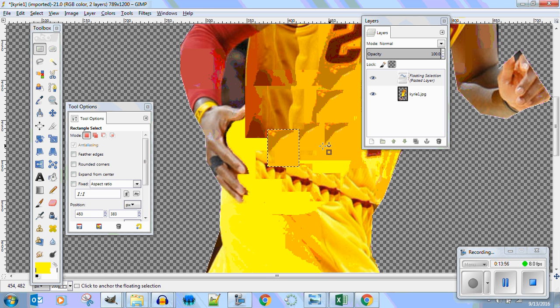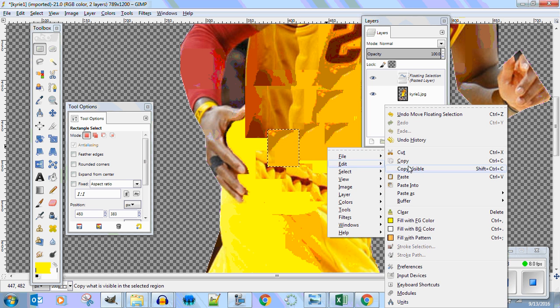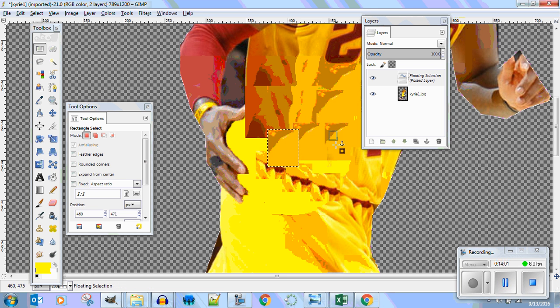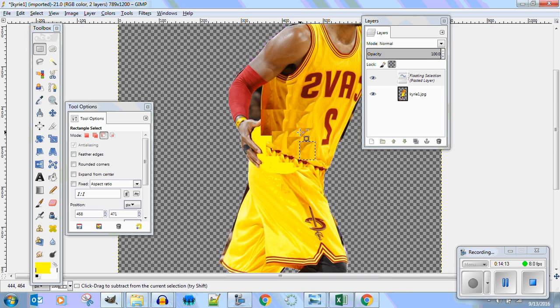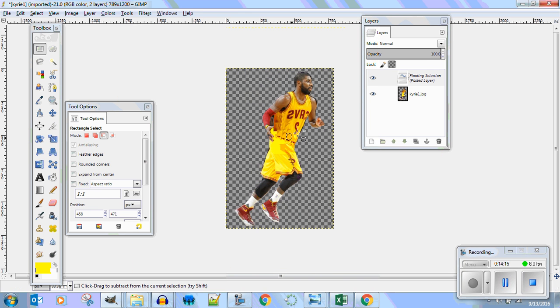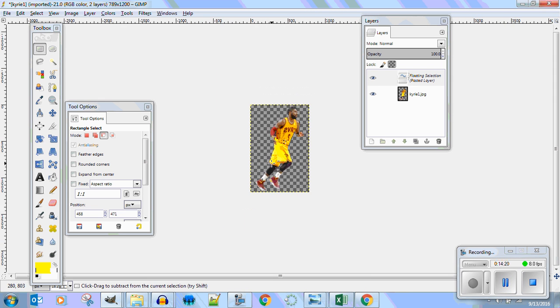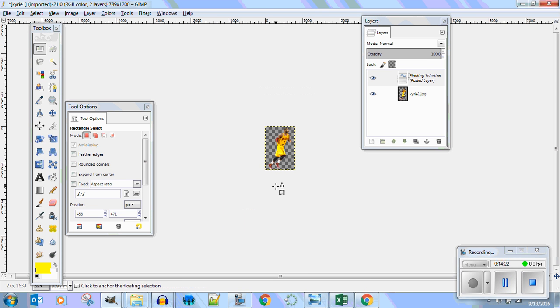Ten minutes left. Now let's zoom out and see what it looks like. How's that look? Not too bad. He's going to be about this size on the court. Does he look okay? Yeah. Is anybody really going to know? Probably not. Okay. So now I do File,